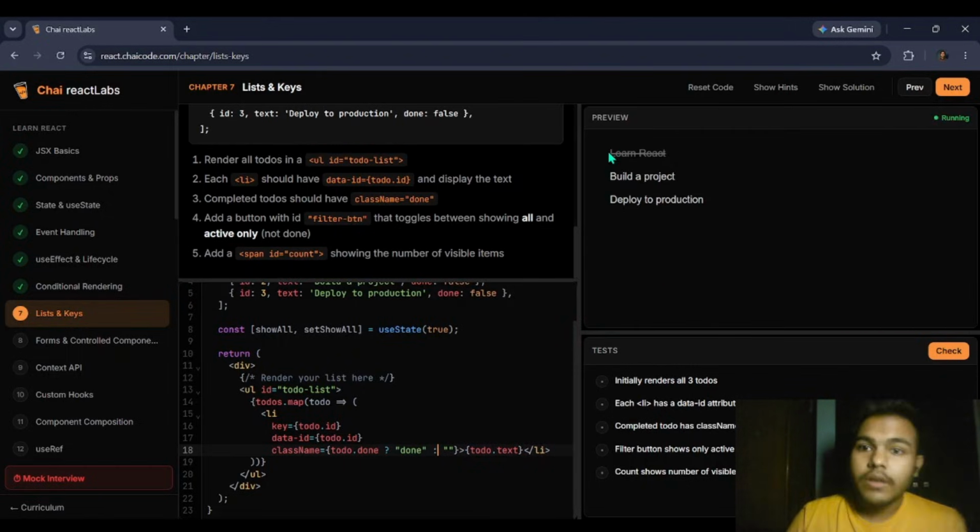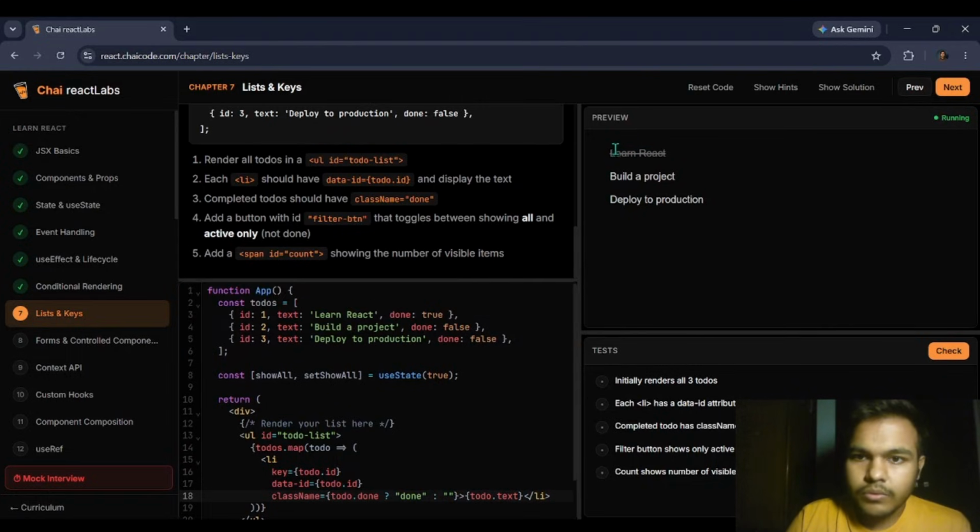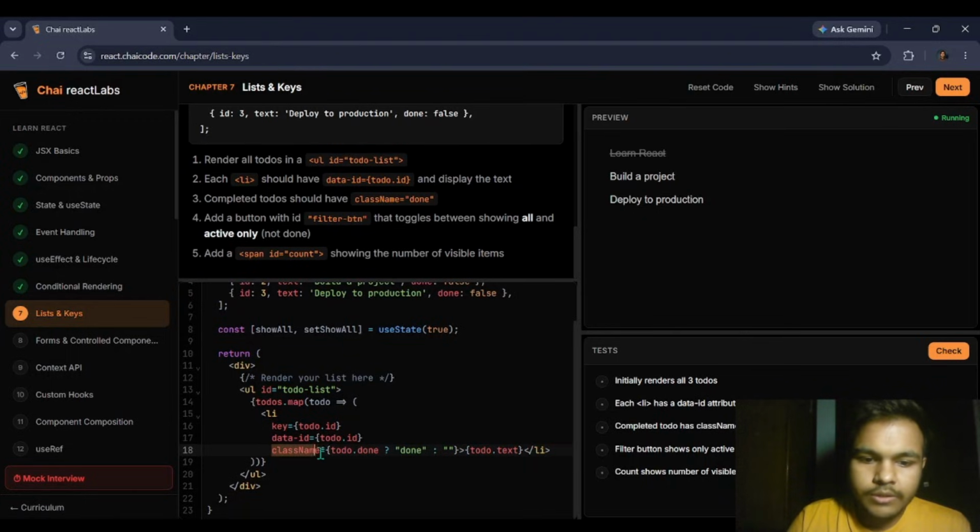Okay, you can see in the preview section, the first one is true. So if we add the class name in this li, there is a strike mark in that particular to do. Okay, that looks very good. Now